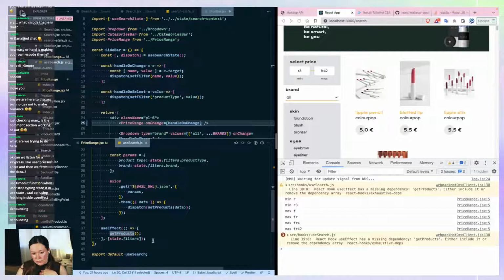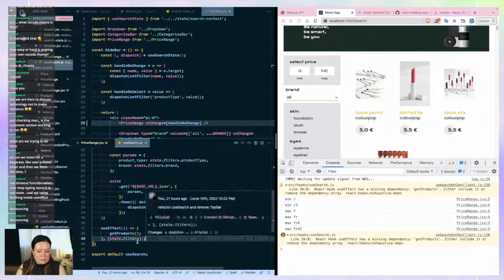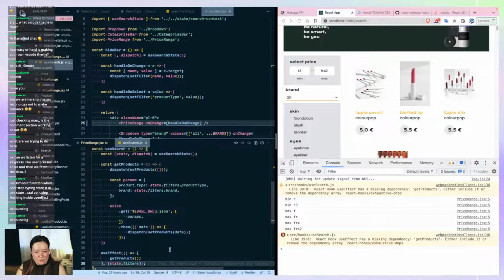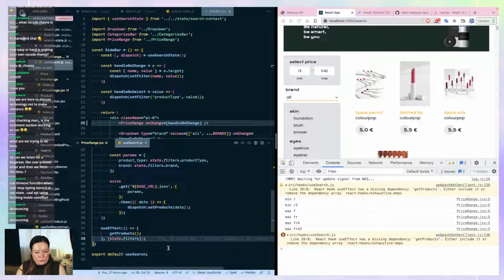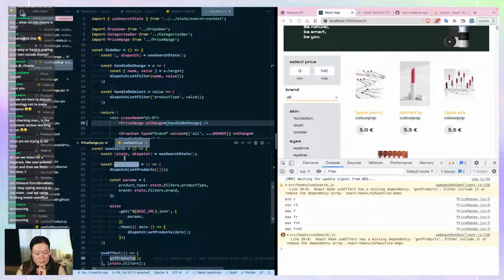Now, we want to get products whenever there is a state filters update, and on initial load, it's also gonna be fired because, think of it as filters are just being created. And that's why we didn't need to have the use effect with the empty array of dependencies, because it's gonna fire for us anyway. So just so you know, we have only one use effect now. We're just listening to the filters being changed. Once they're changed, so once we're changing the min or the maximum price, we want to get to our get products and then